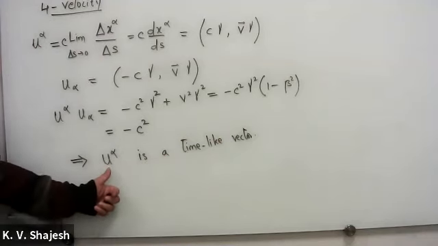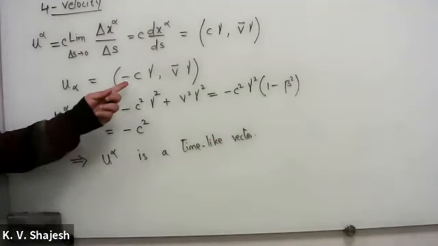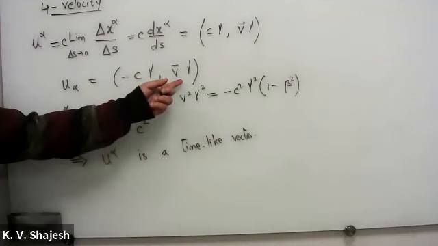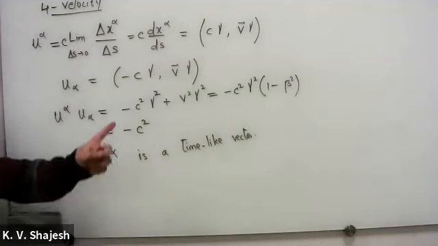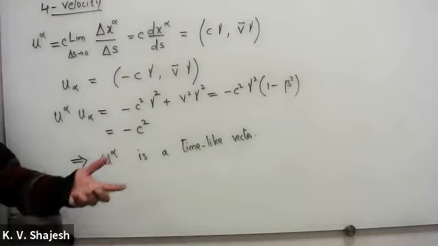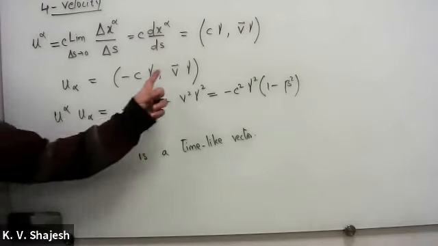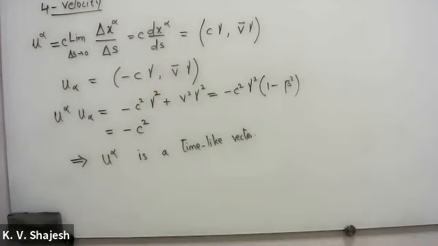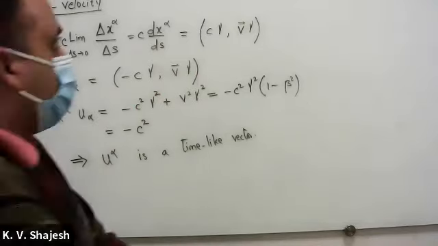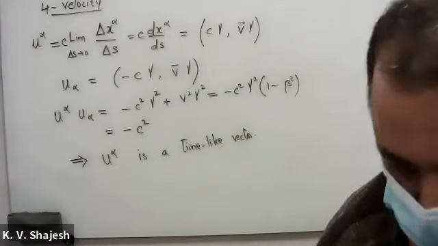But that doesn't mean that it is of the kind of time. Notice this is a velocity vector that has nothing to do with time. Velocity will have a 0th component and 3 spatial components, but that doesn't mean that this should be interpreted as time. It is not the time variable at all. It is just the 0th component of the 4 vector. And there are space components, or you can say 1 to 3 components of the velocity vector. And that's a time-like vector. And that has the implication